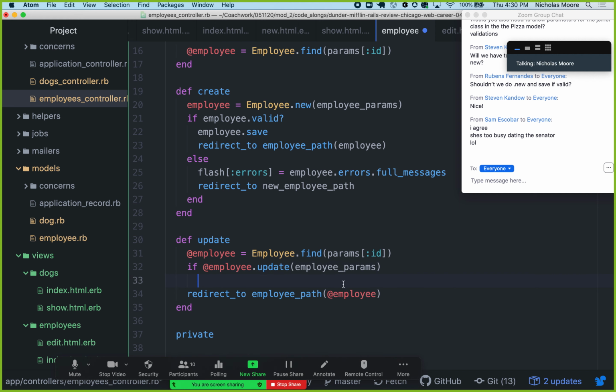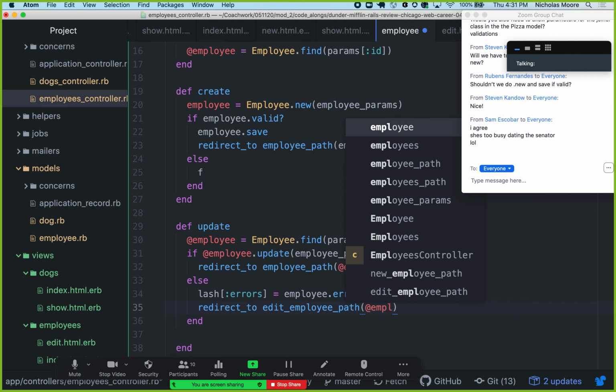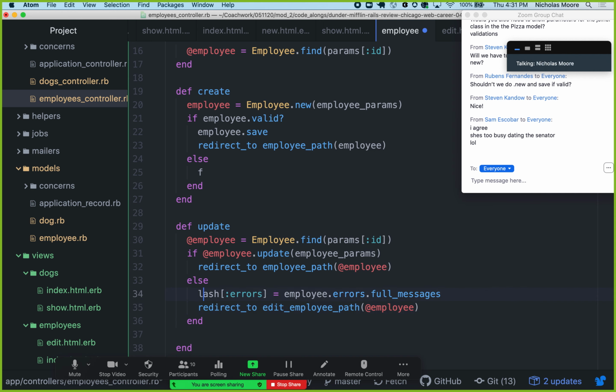Then I can redirect, else, and if not, then I can do this. And instead of here, I can do edit_employee_path. And I would have to pass in the @employee. Put the @ here. And this is @employee as well, right? .errors.full_messages. So that should work. Let's try that out. But then I have to go into my form,